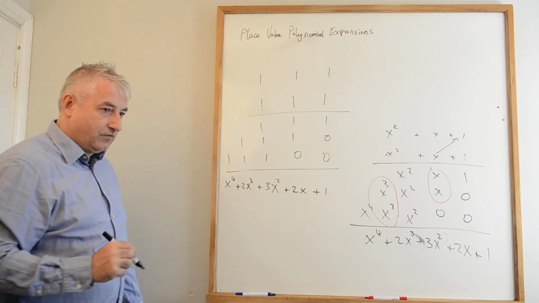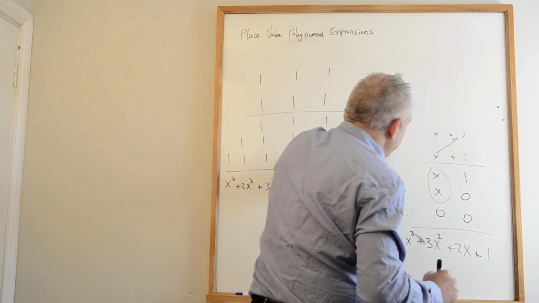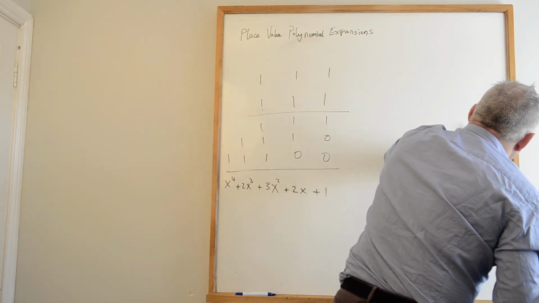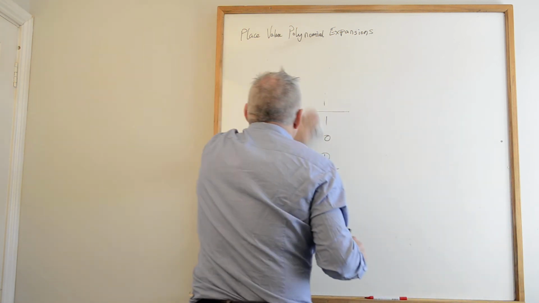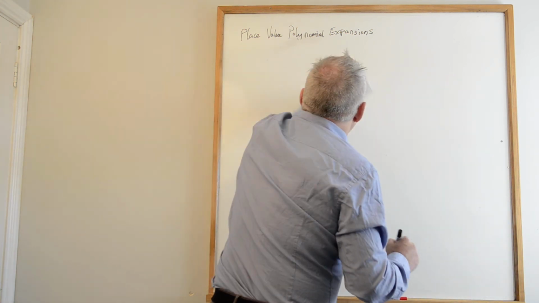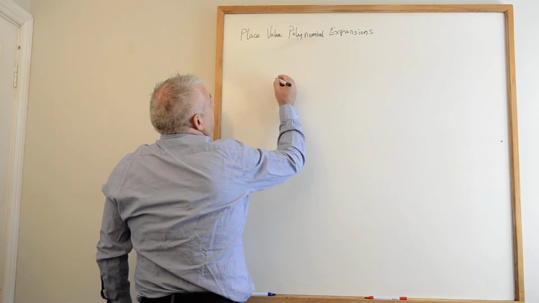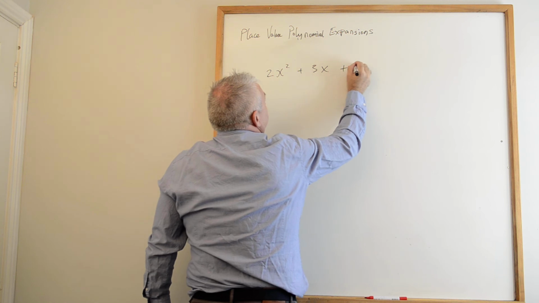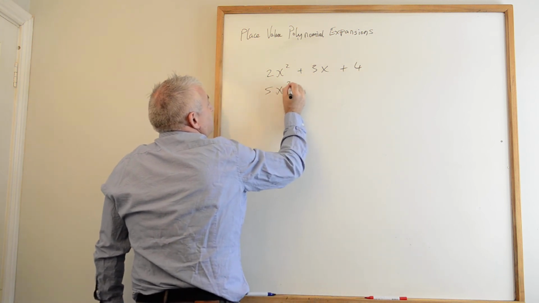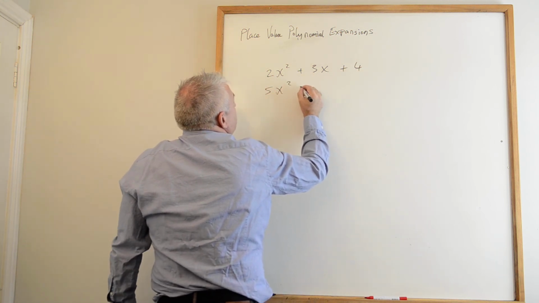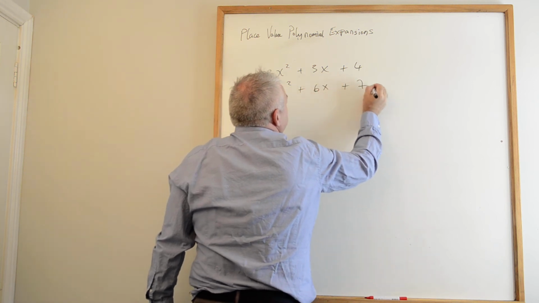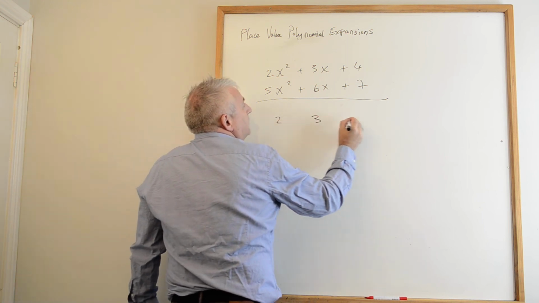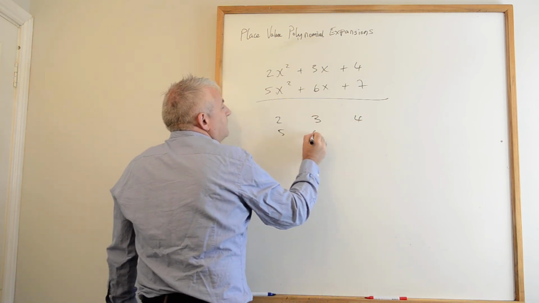So let's take this thing out for a spin now and put some proper coefficients in there. We keep them all positive just to keep things nice. Just to say we won't go mad altogether. Okay, and let's leave monics out of it altogether. So let's go 2x squared plus 3x plus 4 multiplied by 5x squared plus 6x plus 7. Now the numbers will become a little bit unwieldy, but let's give it a go anyway. So we'll go 2, 3, 4, 5, 6, 7,